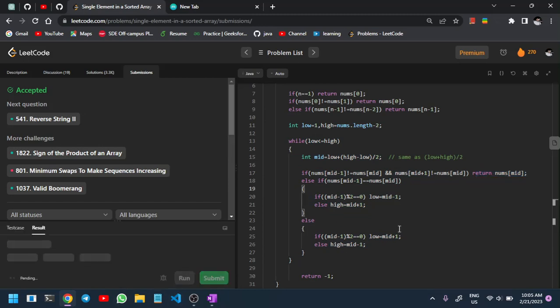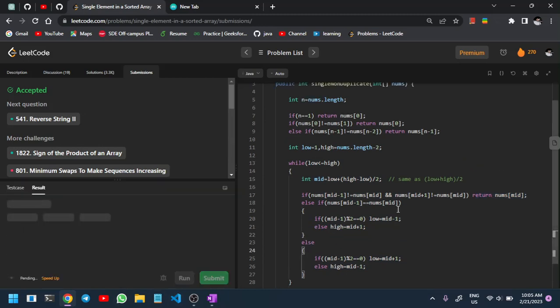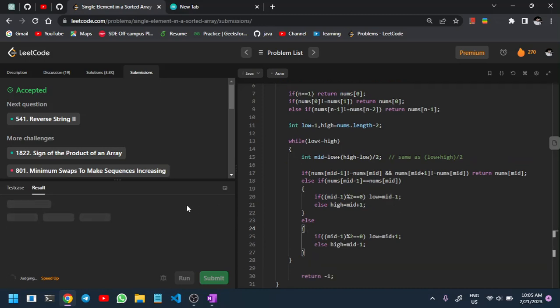So let me just run this. There may be a compilation error, but this solution should work fine. Okay, so what's the problem here? Let me see. What I'm doing is, okay, I have this thing, and after that,